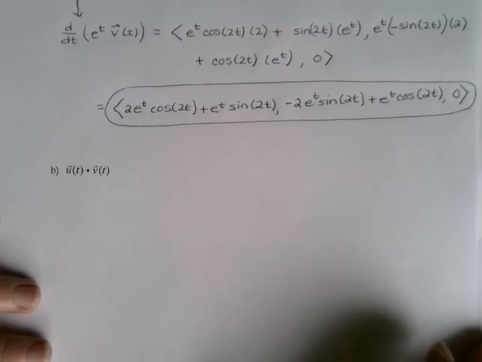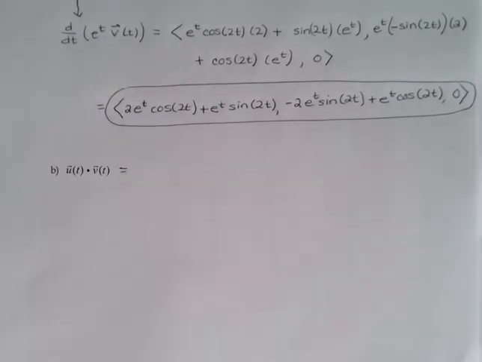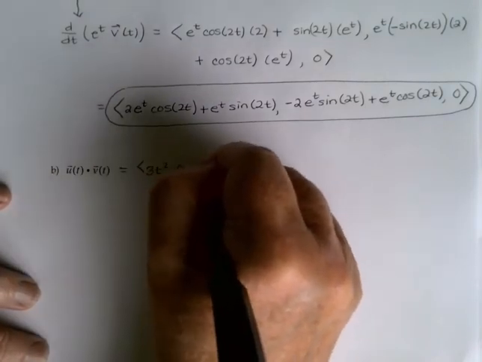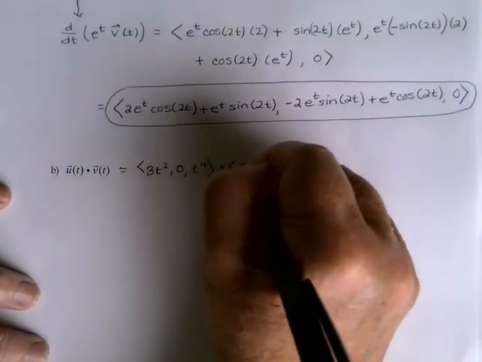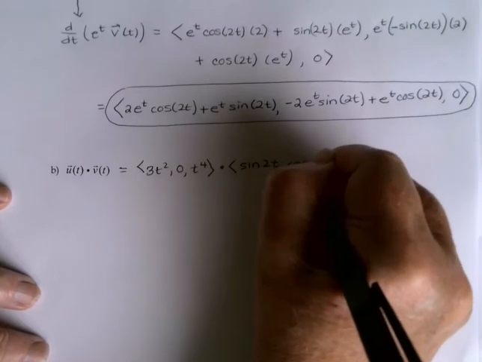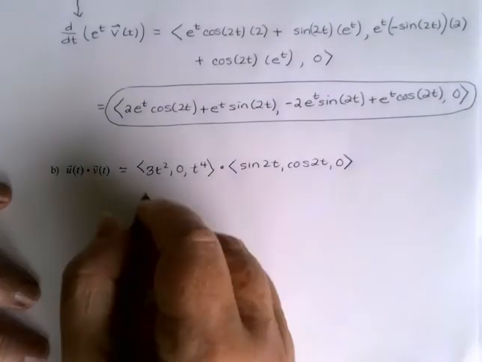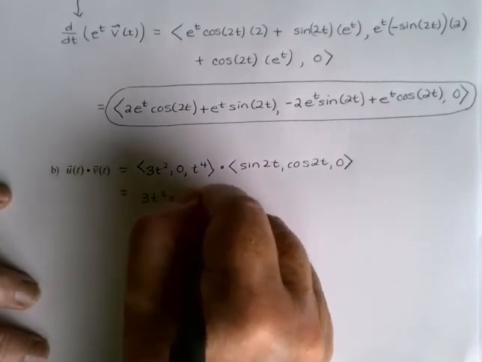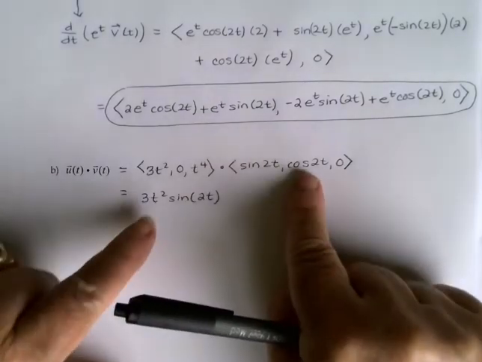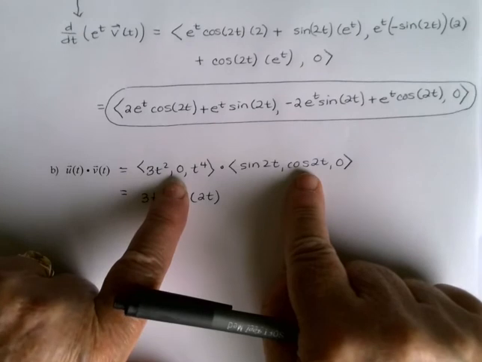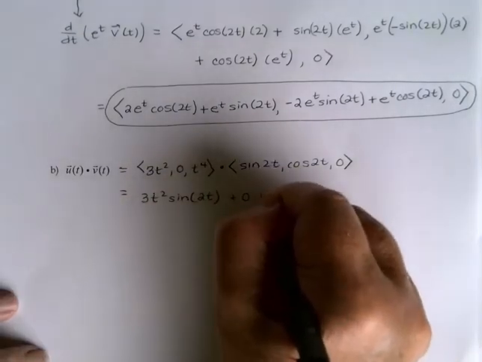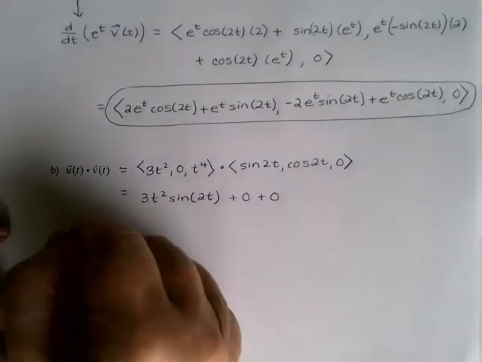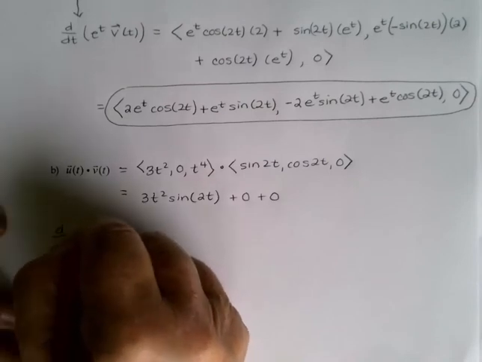Same basic idea with the dot product. I'm going to choose to do my dot product first. So I'm going to take the u vector dot product with the v vector, which is going to give me 3t squared sine 2t plus 0 for the second component, plus 0 for the third component. So the dot product actually turned out to be pretty simple this time, meaning that when I go to take the derivative of that dot product,